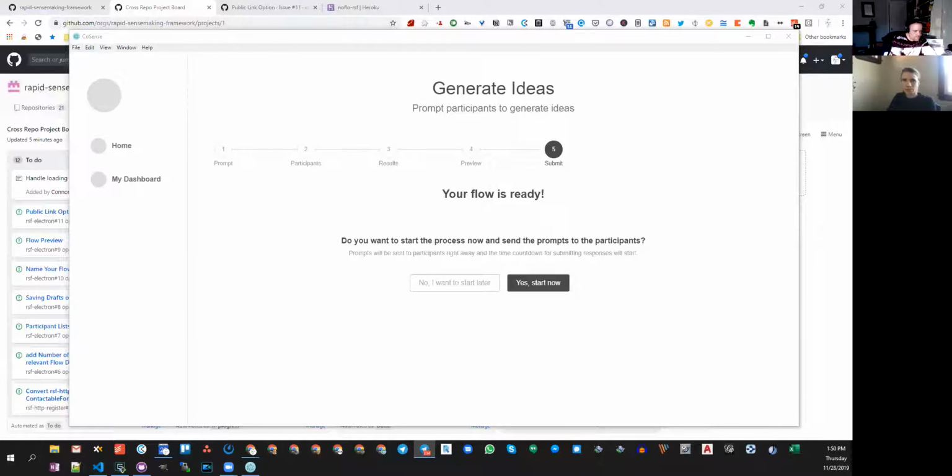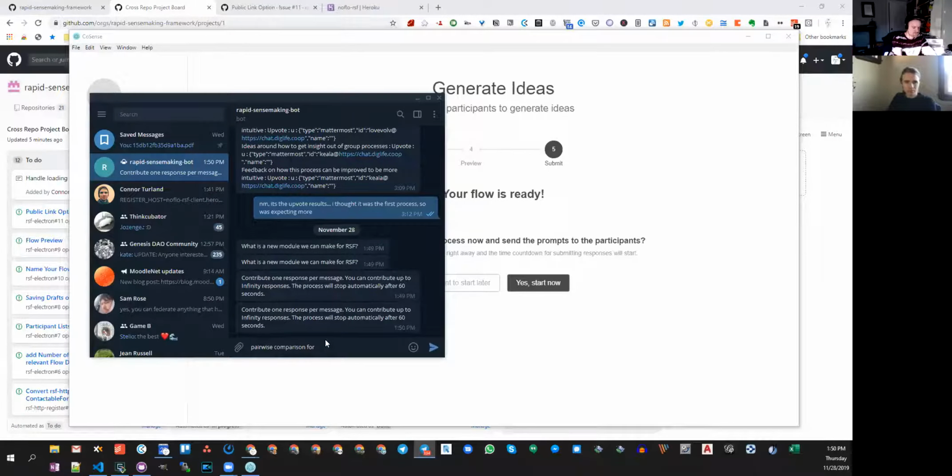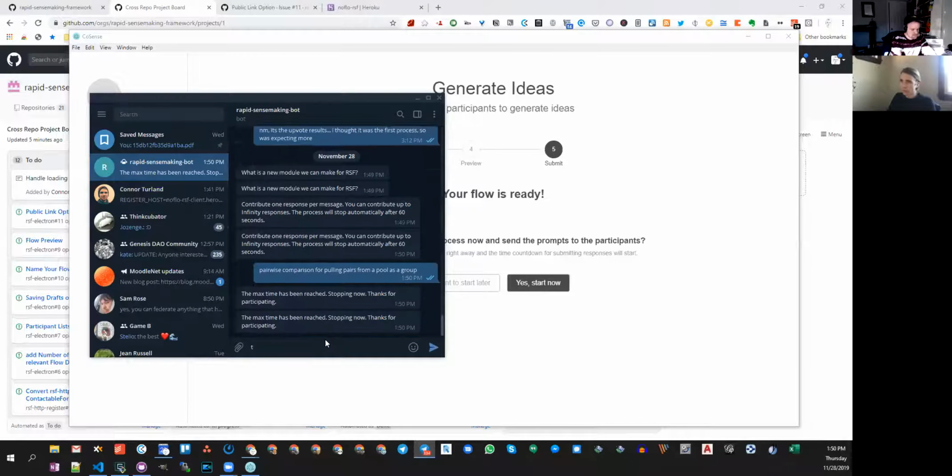If you go to my dashboard in the app too, then you'll see, okay, so clicking run now didn't immediately start.